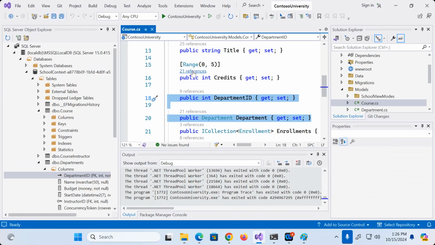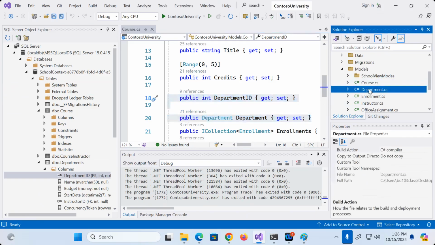So this is a one-to-many. When you have a one-to-many, the many side has a pointer to the one. So that will include the primary key of the one side and a single object of the department. Now, if we look at the department table,